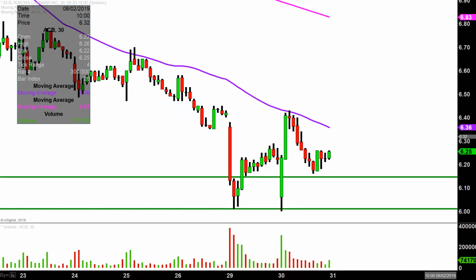First key level that really flexed its muscles was this green line down here at the $6 mark, which I talked about on Monday as being a key level of support. And you can see there was that gap down this morning, but check it out. You know that there are some technical players out there, some chart players that are very, very happy right now. They were accumulating down at the $6 mark. They got the bounce, and then from there went all the way up there,